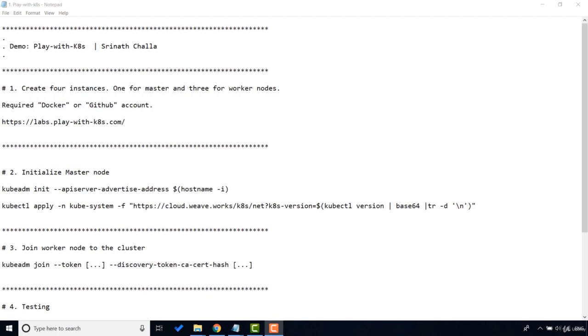This demo is primarily divided into 4 steps. In step 1, we will create 4 VM instances on the Play with K8s website. 1 will be the master and 3 will be the worker nodes. Then in step 2, we will initialize the master node and install a pod network plugin on it. After that, in step 3, we will configure the remaining 3 nodes as worker nodes and join them to the